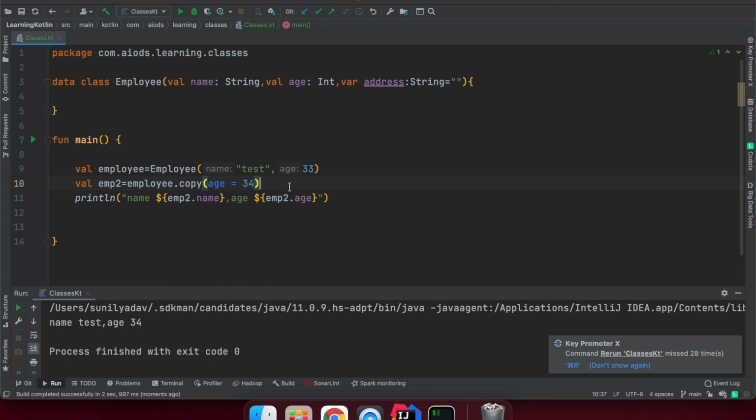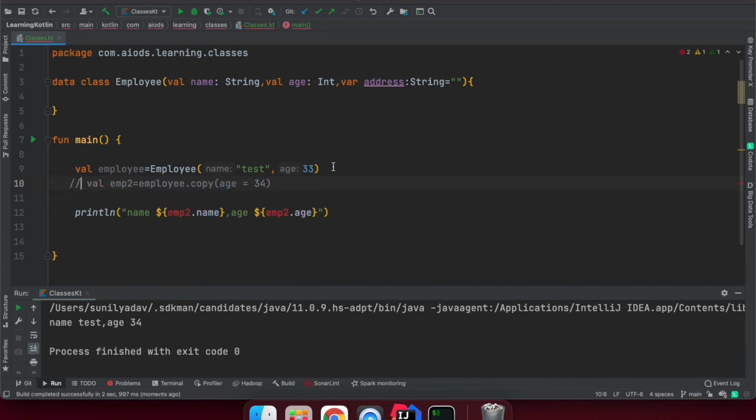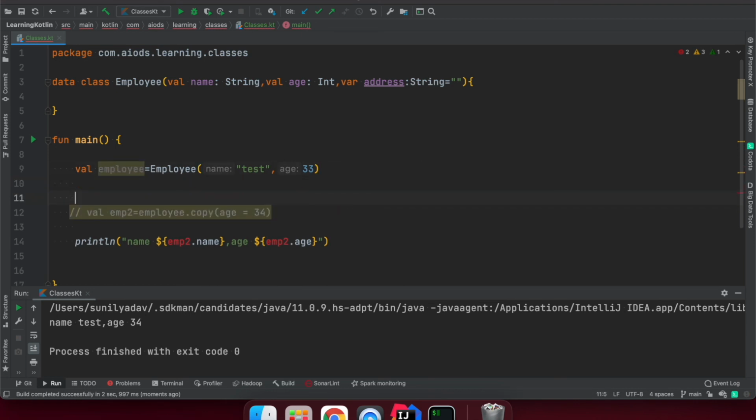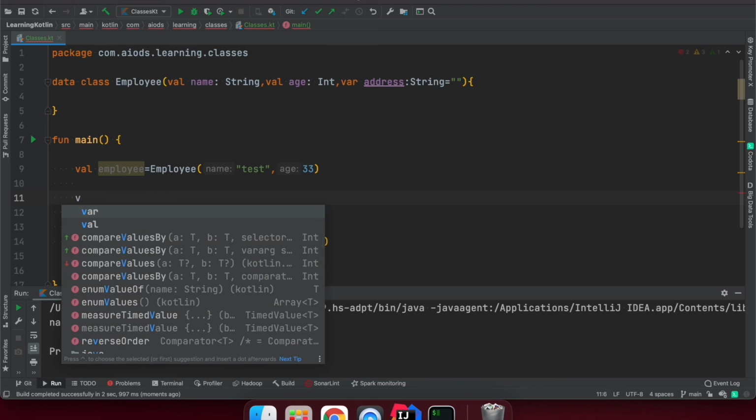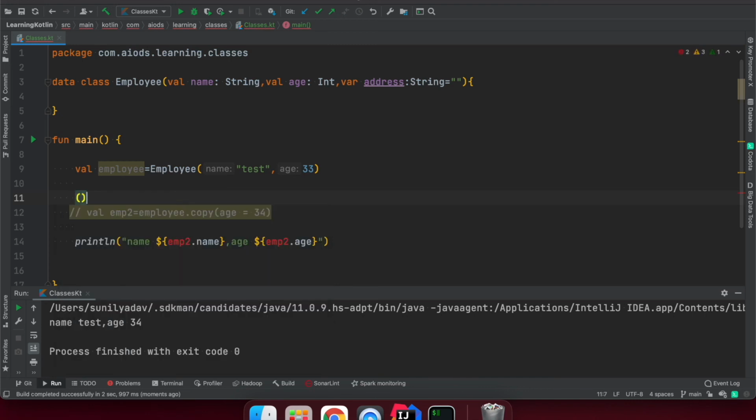As well as that, we can do destructuring of the object. What does destructuring mean? I have also seen it in JavaScript. We can declare some values this way. I'm going to say name, age, address, and get them from this employee object. So let me do that.